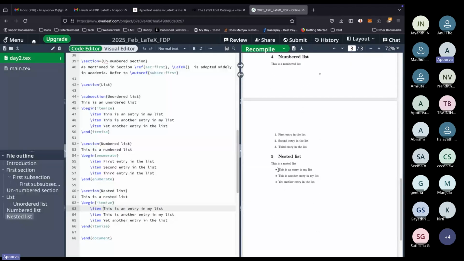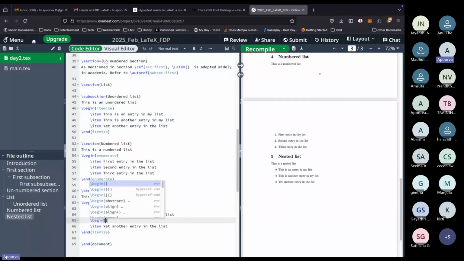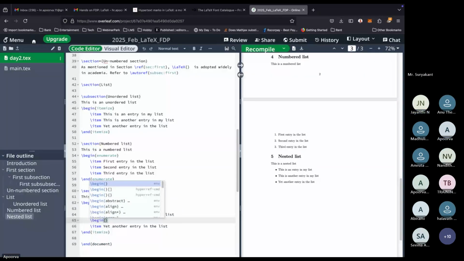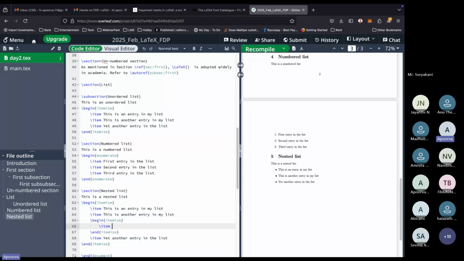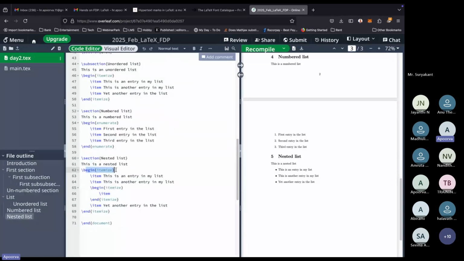Okay, so this is not that interesting. It just creates a bullet list. Now say under this is another entry in my list, I would want to create a sub list. Just like you would create a normal list, a sub list as well, you're just putting another itemized environment. Within an itemized environment, wherever you would want a sub list, you just start another itemized